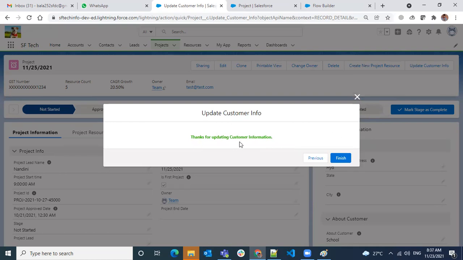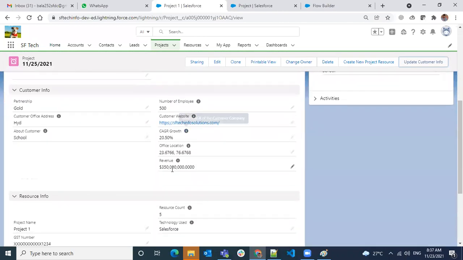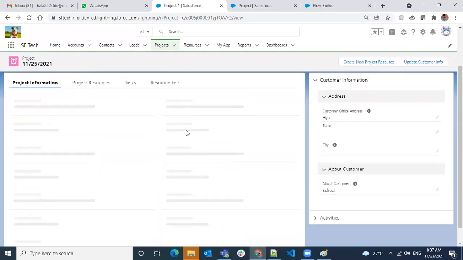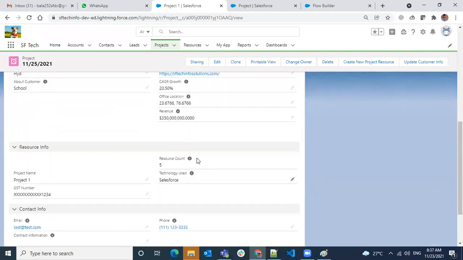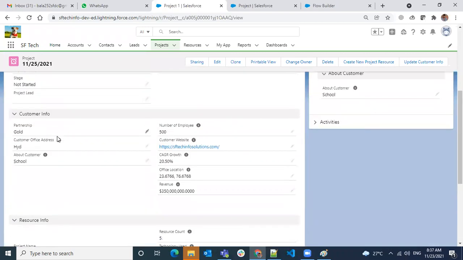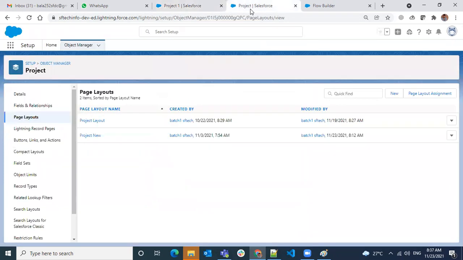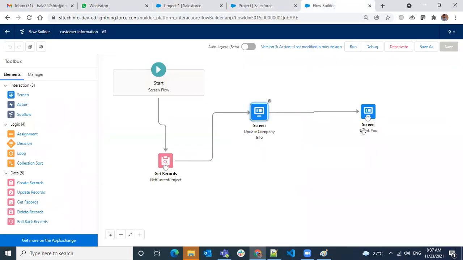But still, because we are not saving it, it just happily went to the thanks page. Great. Now, if you see, the records are not reflected here anymore, as I'm doing a refresh to show you, the values are not reflected. So what do I have to do now? What are the inputs I had taken? I have to do that update to this record. Then only it will happen.